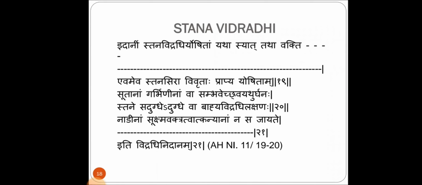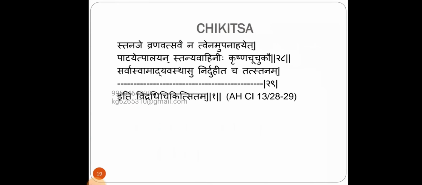So, Evameva Stanasira Vivrata Prapya Yoshitam Sutanam Garbhininam Va Sambhavet Shvedurghana Stane Sadugde Adugdeva Bahya Vidyadi Lakshana Nadinam Sukshmavaktvatvat Kanyanam Na Sanjayate. And the treatment, it is told: Stanaje Vranavat Sarvam Varjayitva Upanahe Patayet Palayan Stanyavahini Krishna Chuchukau Sarvasvam Adhyavastasu Nirduhita Cha Tatstanam. So it is told that except Upanaha, the other treatment same as that of Vrana can be